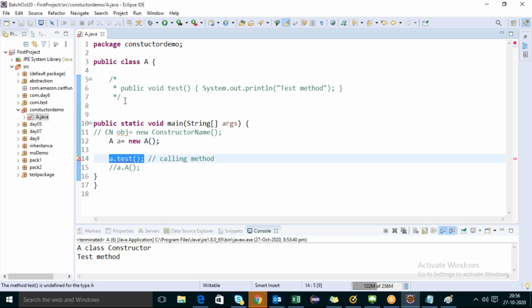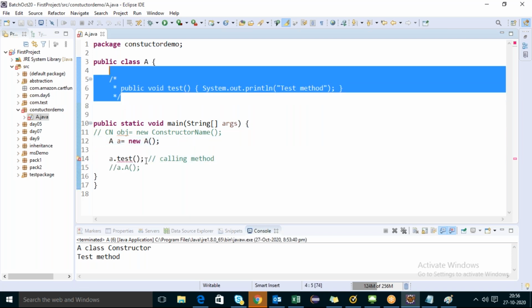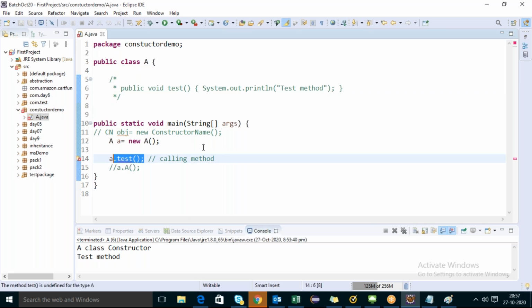like my method. If I'm not having a method, here it is giving an error, right? Consider the same thing. Here I'm not having a constructor. By the time of creating the object and calling the constructor, it has to throw an error. Yes. But here it is not throwing any error, because the reason behind it is